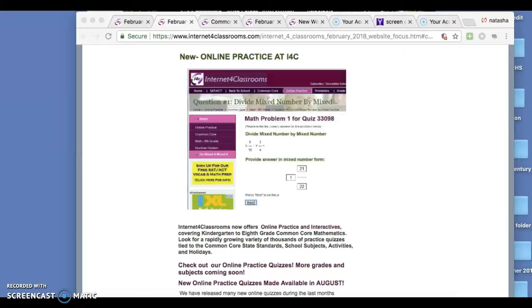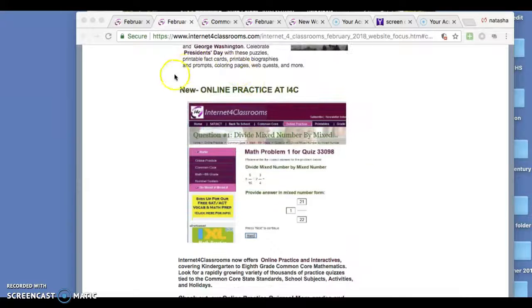So look at that email that I sent you back in February to cut down on the time of what I'm going to show you now. You can go to Internet for Classrooms on your own. However, you have to do a search to get to what I'm showing you now. So check out the email that I sent you back in February, and at the bottom it'll show you this: